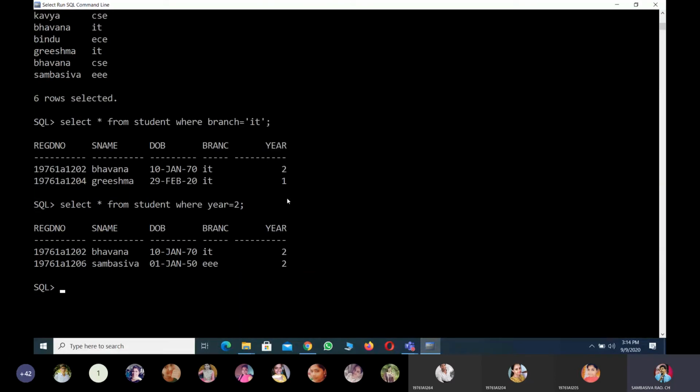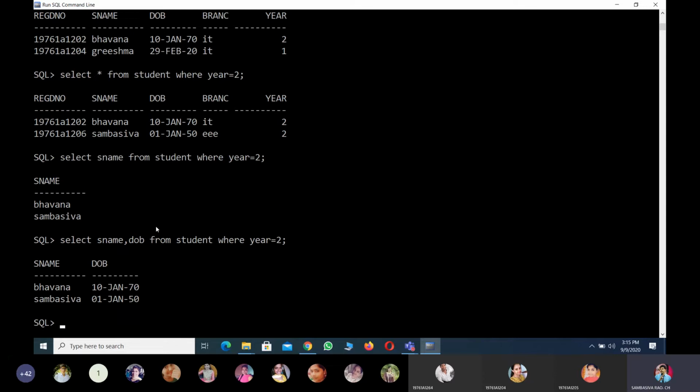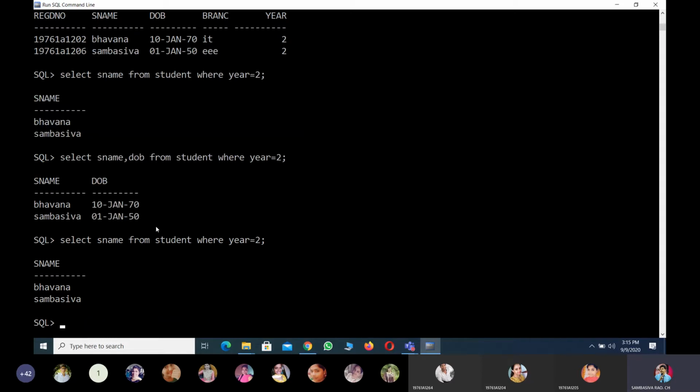Is it fine? So writing a condition with the where clause. Where tells about the condition. Once this condition is matched, those records only we are retrieving, all the records or particular records only. Retrieving all the records means star. If you are going to retrieve only a particular column, mention that column name itself. If you need another column, S name followed by date of birth, then this one. Suppose you are going to print only the student name column whose year of study is 2, that is nothing but S name, that's fine.